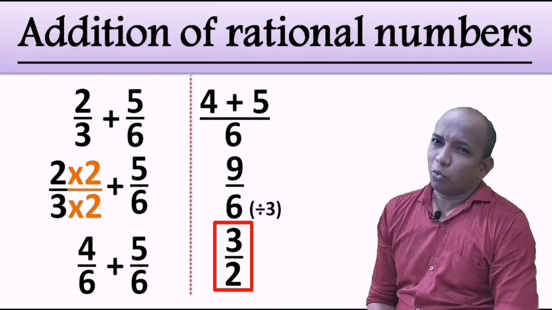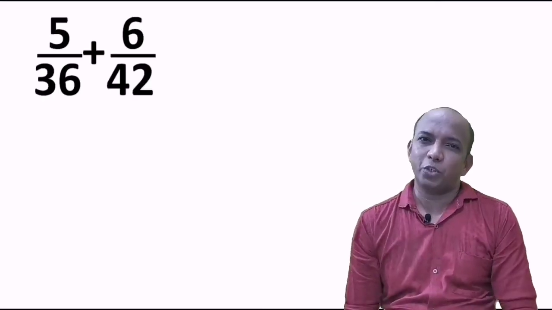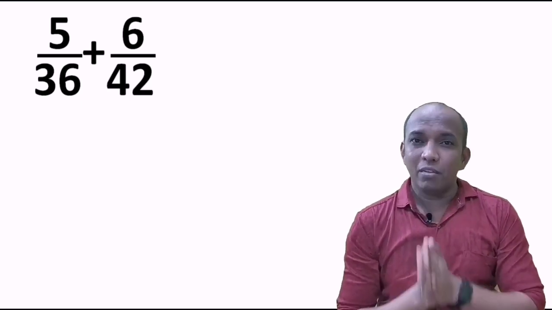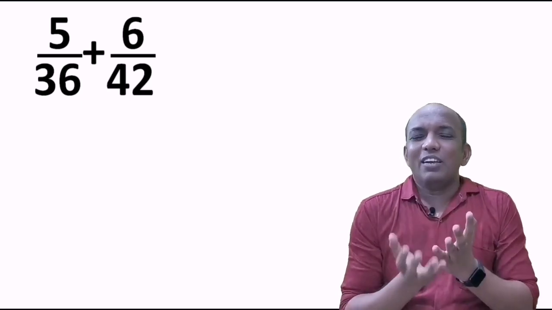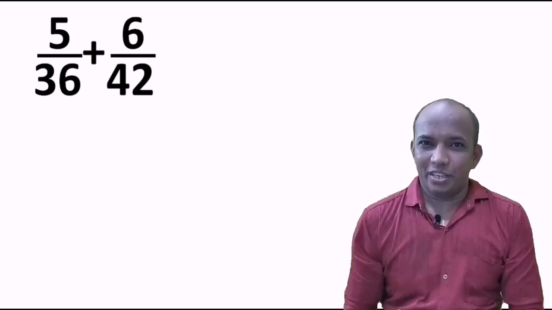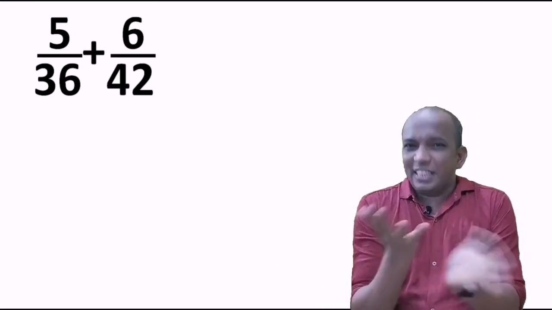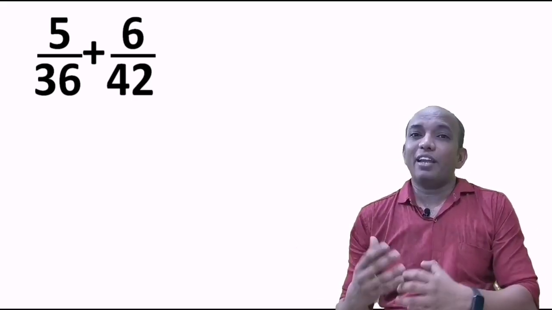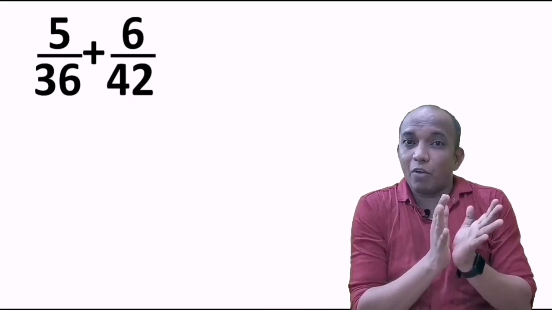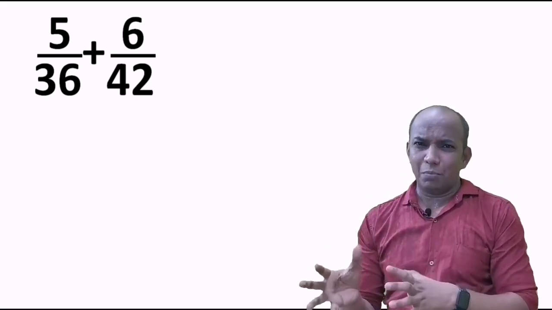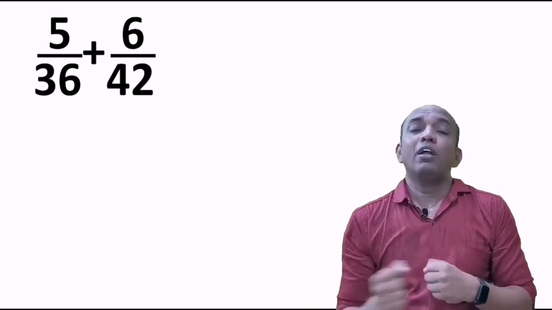The next question is a very important one, right? The question is 5 upon 36 plus 6 upon 42. Here both the denominators are not equal, and if you observe them, the numbers are a little higher, 36 and 42. If we do thumb dance over here, thumb dance being nothing but the LCM method, the numbers will have higher values, and we have to avoid that. So is there any shortcut to solve this sum? Yes, of course there is a shortcut way.